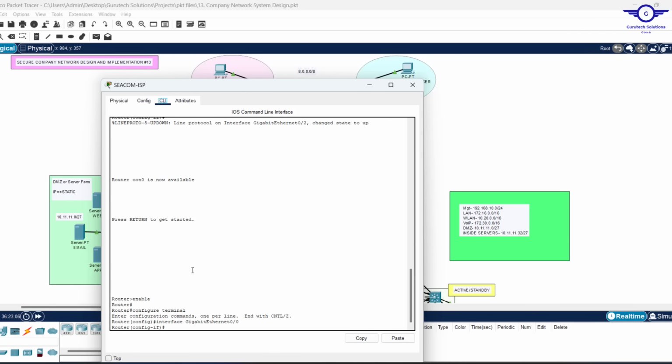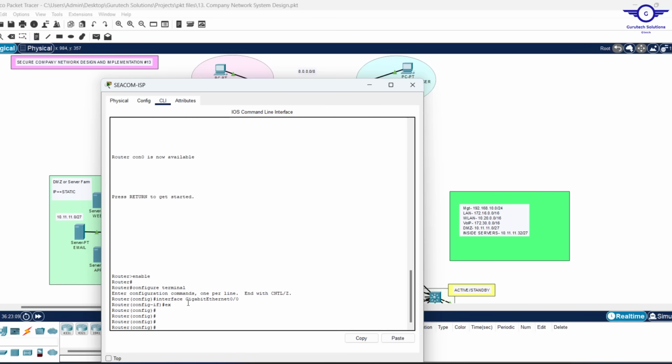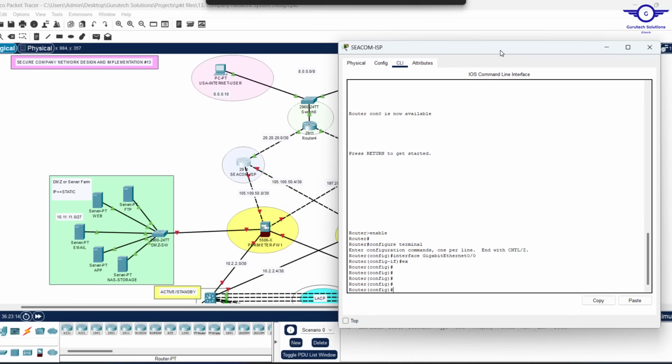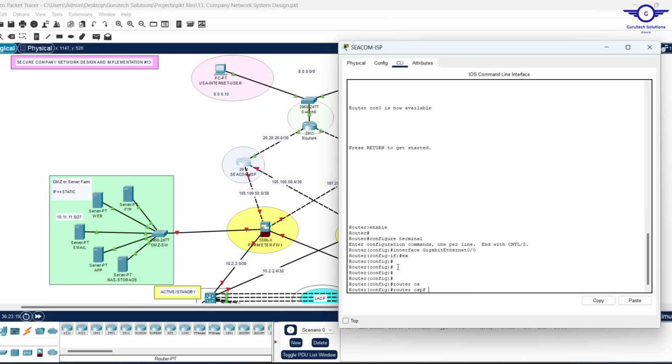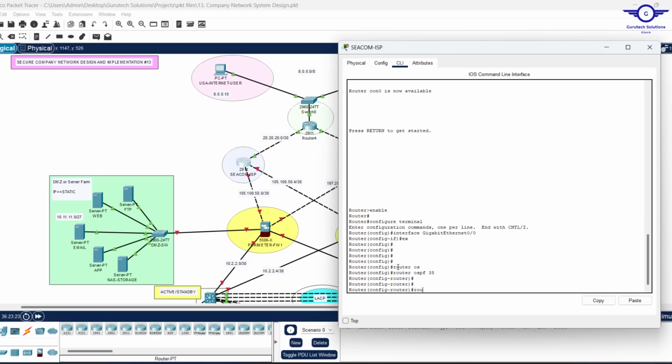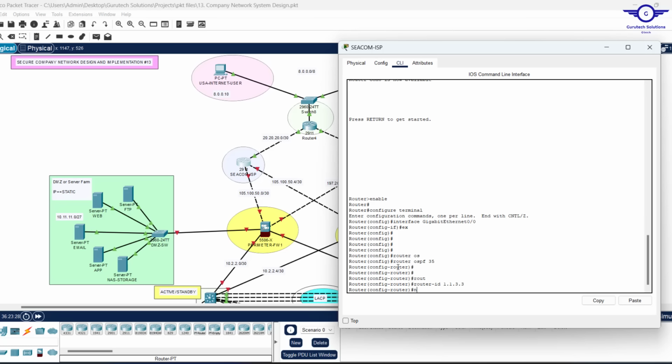What I ask is that you ensure the routers' IDs are different. So here, let's say router OSPF 35, router ID to be 1.1.3.3, network to be